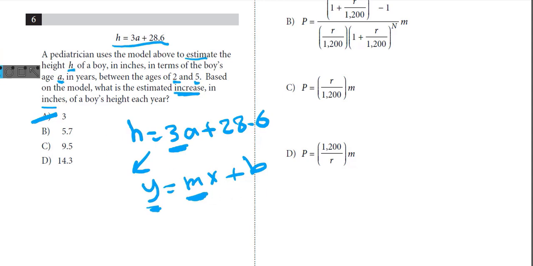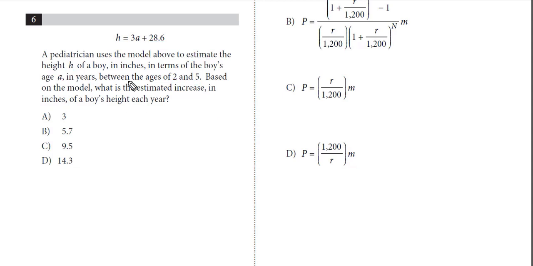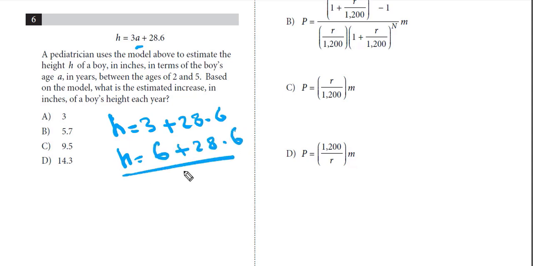Or by using another way, if you would like to do it, here h in the first year, if you put a is equal to 1, then it will be 3 times 1, which is 3, plus 28.6. For the second year, 3 times 2 will be 6 plus 28.6. Then for the increase here, you will subtract h sub 1 from h sub 2. 6 minus 3 will be 3, and 28.6 minus 28.6 will be 0. Then the answer is C. Now,